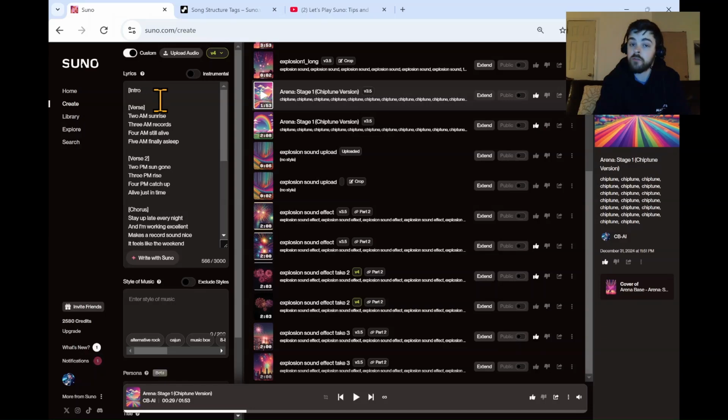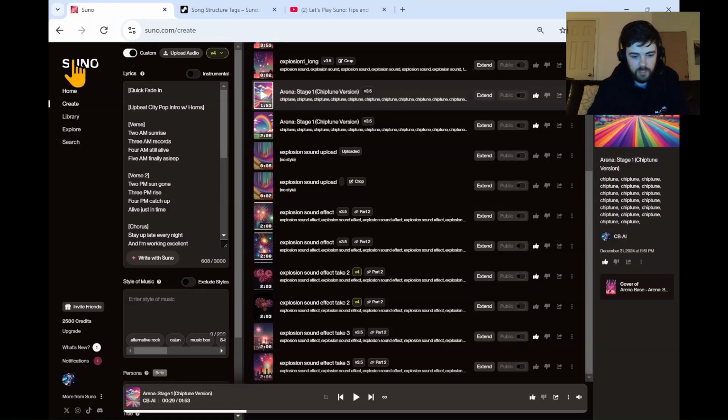So you can put it in the front too, by the way. You can put it in the front or the back. If you put it in the front, it would be like upbeat, city pop, intro with horns. Horns meaning trumpets, trombones, those kind of instruments. And then you can also do things like this, even before maybe your intro. Go like this, quick fade in.